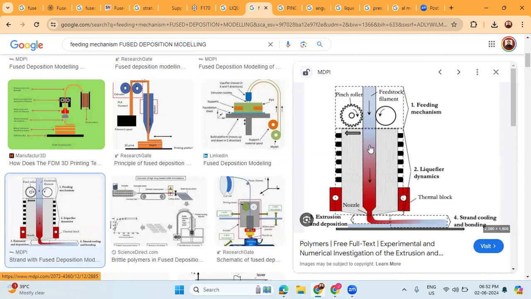To understand the pinch roller mechanism's function, it is essential to know how it works. The pinch roller is responsible for guiding the filament into the liquefier where it is melted and extruded. The filament moves through the pinch roller and into the liquefier through a small orifice. The angular velocity of the pinch roller plays a crucial role in determining the filament's feed rate into the liquefier. This velocity can be calculated using the formula